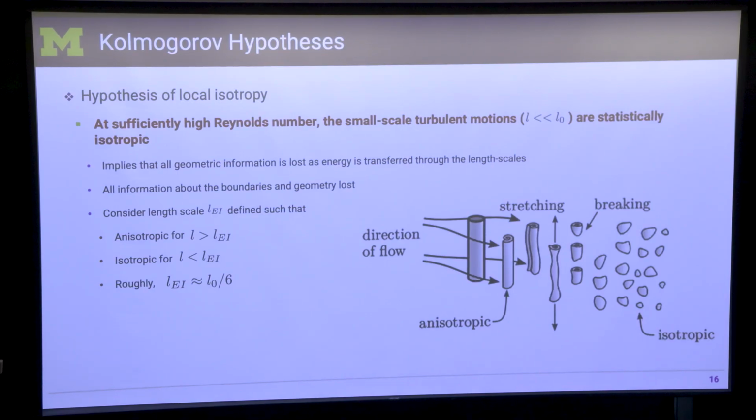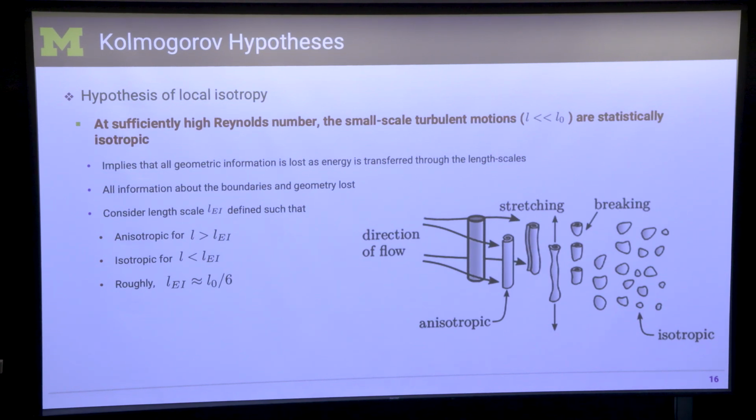So now comes Kolmogorov, probably the most influential in all of turbulence. And Kolmogorov came up with these theories that, to this day, this is how we think about it. There are a lot of variations, modifications to it, but the primary hypotheses hold good. There are many different subparts to Kolmogorov's hypothesis, but these are important, so I'll have in these couple of slides the important ones. The hypothesis of local isotropy, and this is what we talked about before. If you take any anisotropic flow in a pipe,